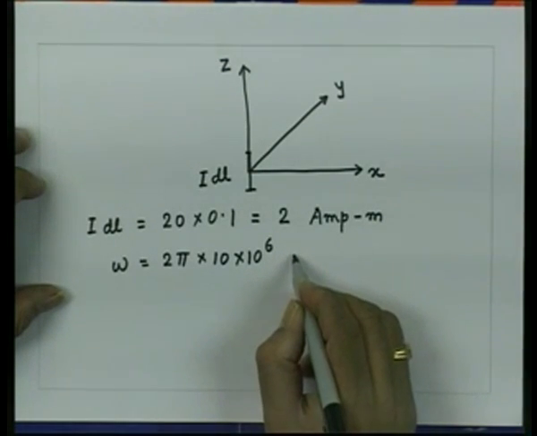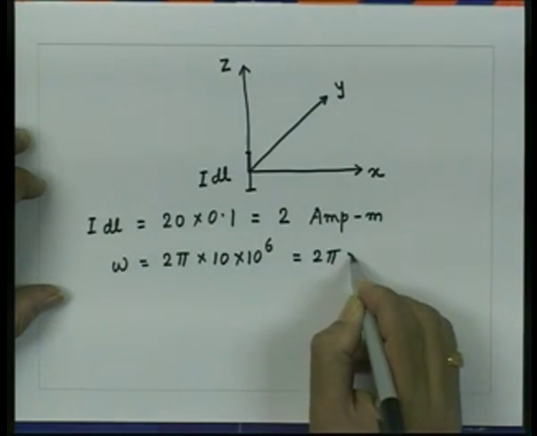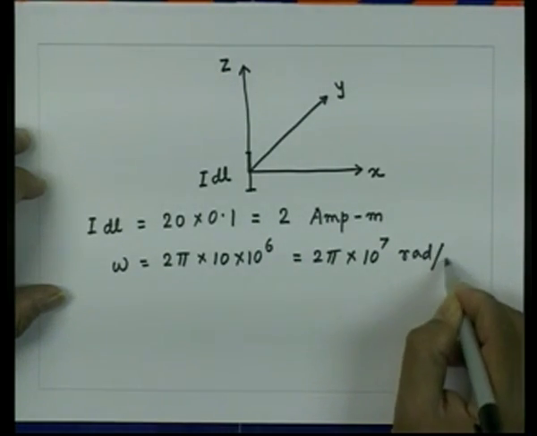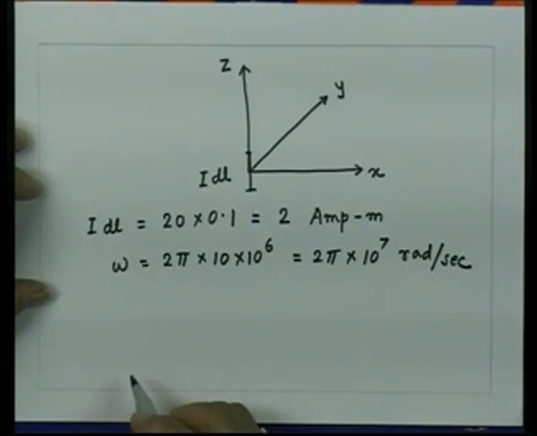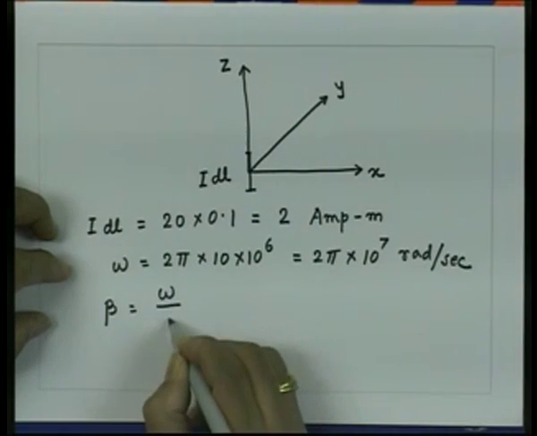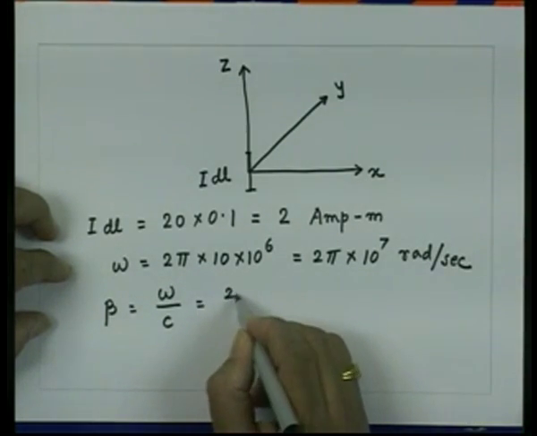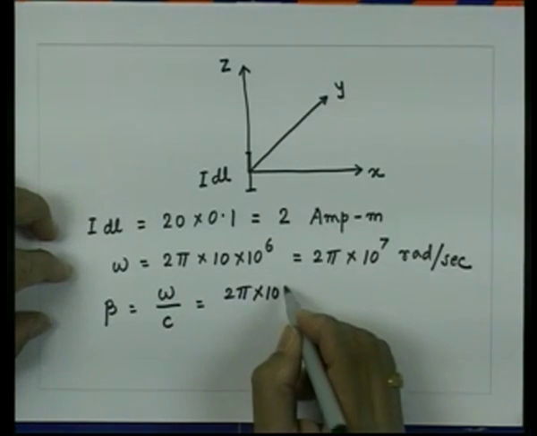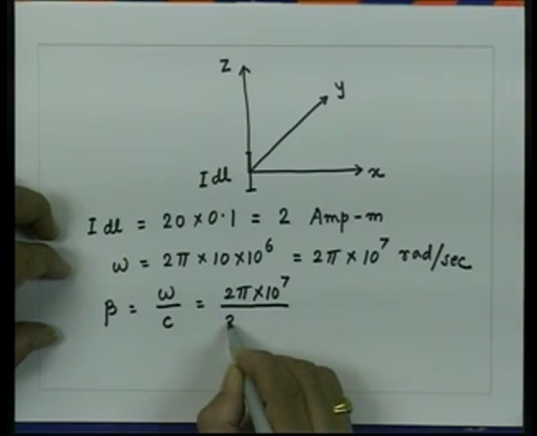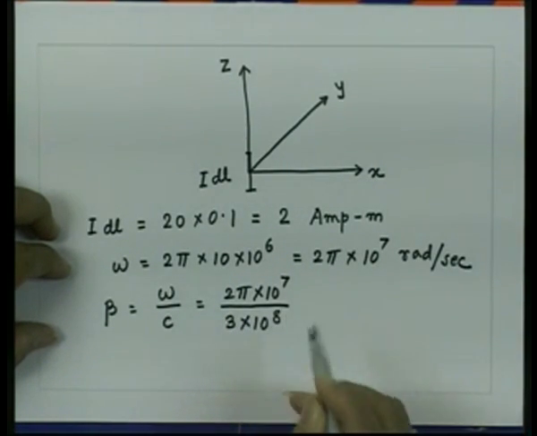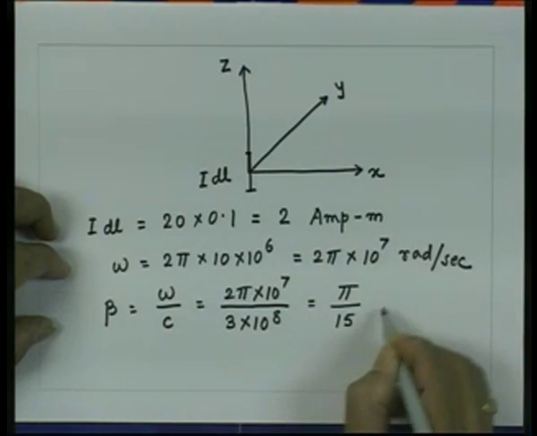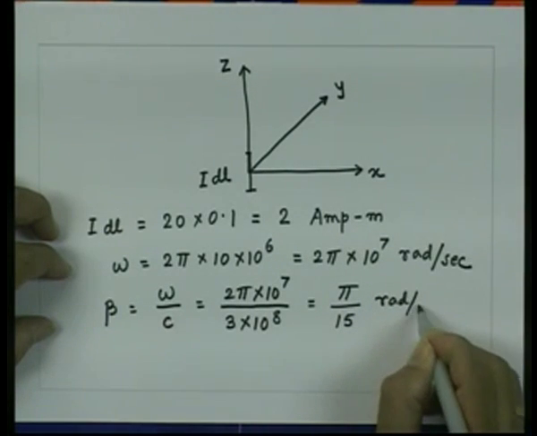So, that is equal to 2 pi into 10 to the power 7 radians per second, and then the phase constant beta, which is omega by c, is equal to 2 pi into 10 to the power 7 divided by 3 into 10 to the power 8. So, that is equal to pi upon 15 radians per meter,